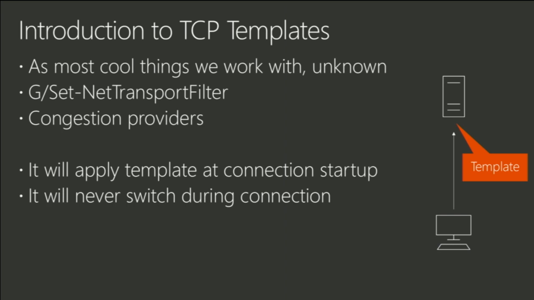But it's basically a way to, when the TCP connection is made to a server, the server or the client basically looks into a list of templates and sees one that applies, and then it will apply that to the connection. And that template will control a bunch of stuff. So you can do some net commands to control it, and you can use PowerShell. So we're going to look at a few PowerShell examples. So that's how you enable LEDBAT. And it will never change during the actual connection. So whatever is used at the time of the connection, that's what it's going to use. So if you want to change, you have to disconnect and then connect again.